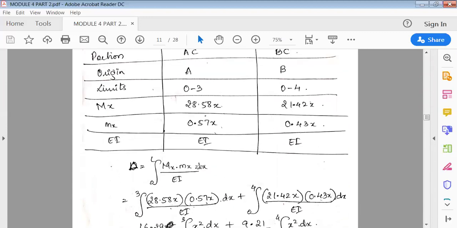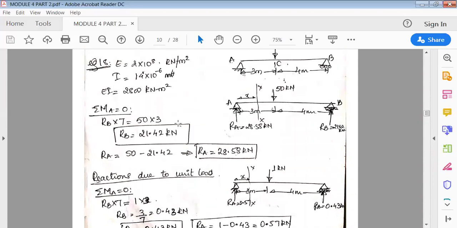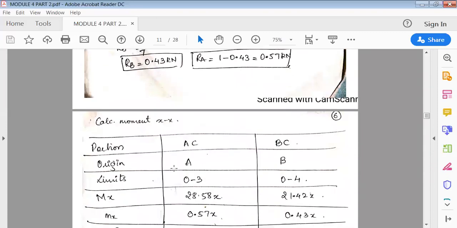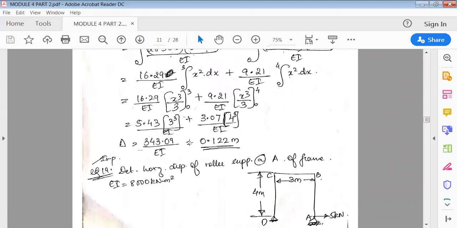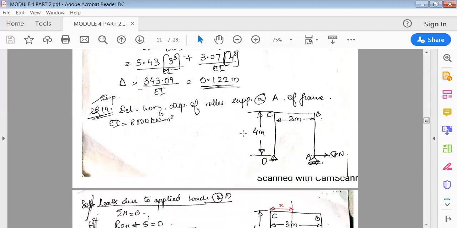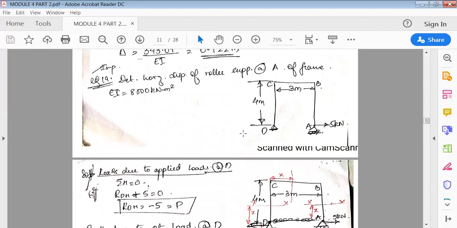Now that you know the value of EI, divide it by the EI value, that is 2800. So it is now 343 divided by 2800, so that is nothing but 0.122 meter, because all these are in meter. Okay. All right. Similarly, now